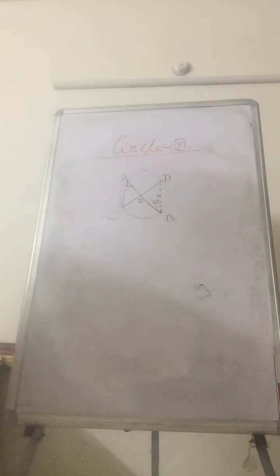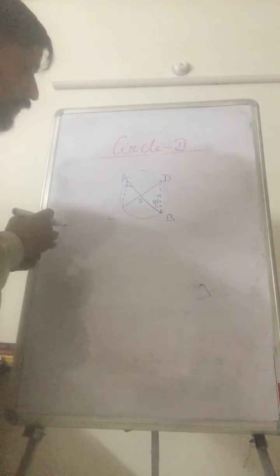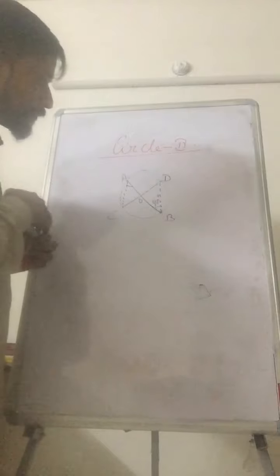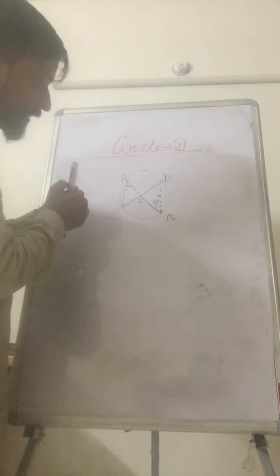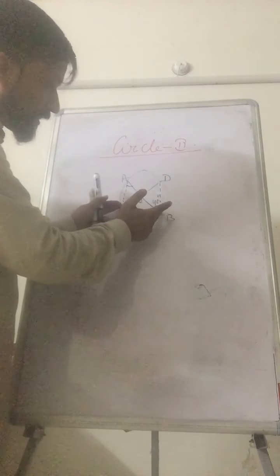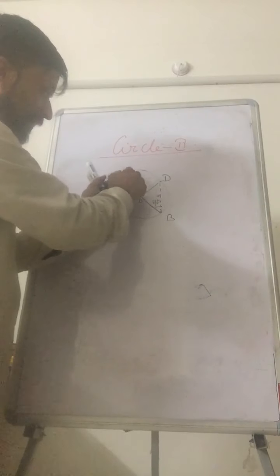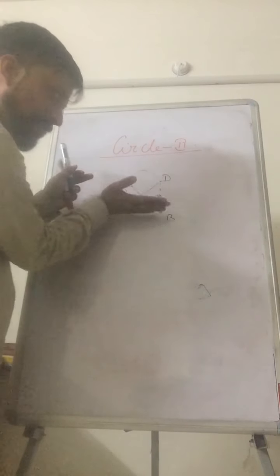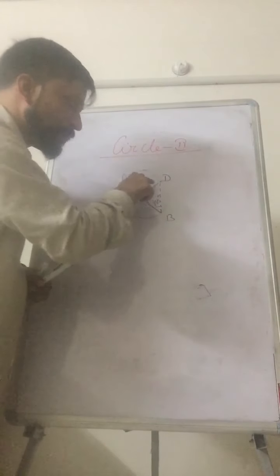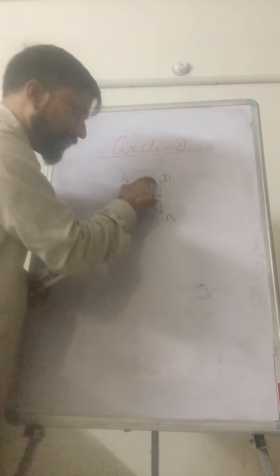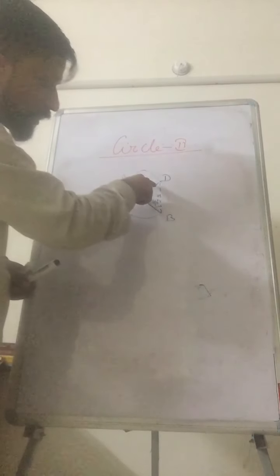How can we calculate it? First, you have to observe the diagram carefully. From observation, can we apply the angle in the same segment property? Yes, we can apply, because with the same arc, one angle is generated over here and another here. That means they are in the same segment, on the same side. So this angle and this angle will be equal. If we can calculate the value of this angle, then we can easily calculate the value of this angle. Is it possible to calculate this angle?